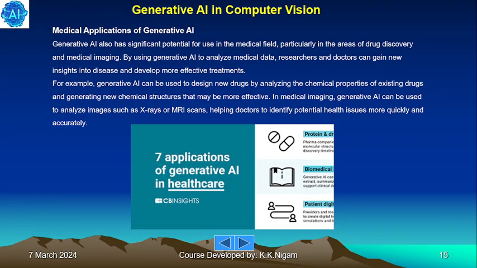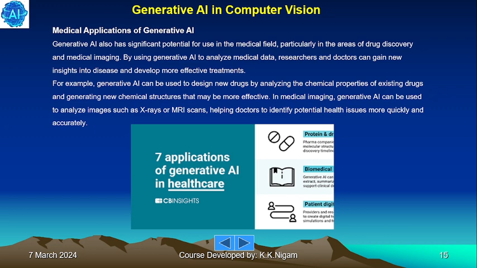Medical applications for generative AI. Generative AI also has significant potential for use in the medical field, particularly in the areas of drug discovery and medical imaging. By using generative AI to analyze medical data, researchers and doctors can gain new insights into disease and